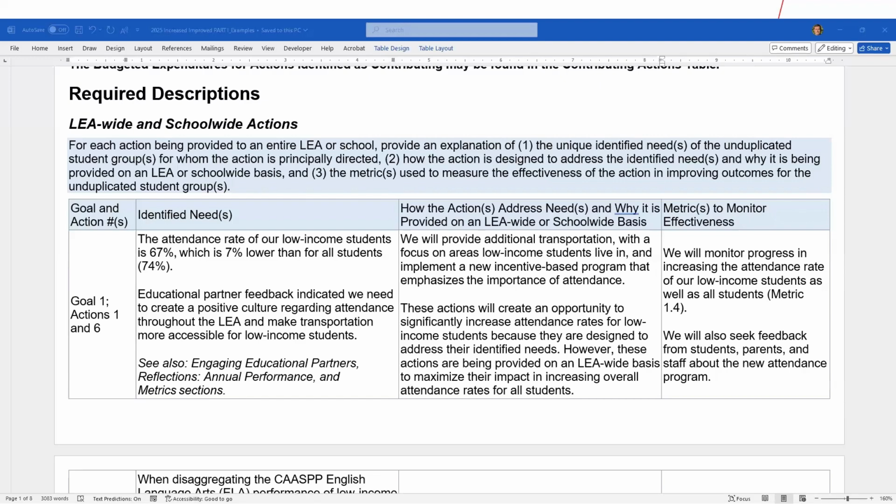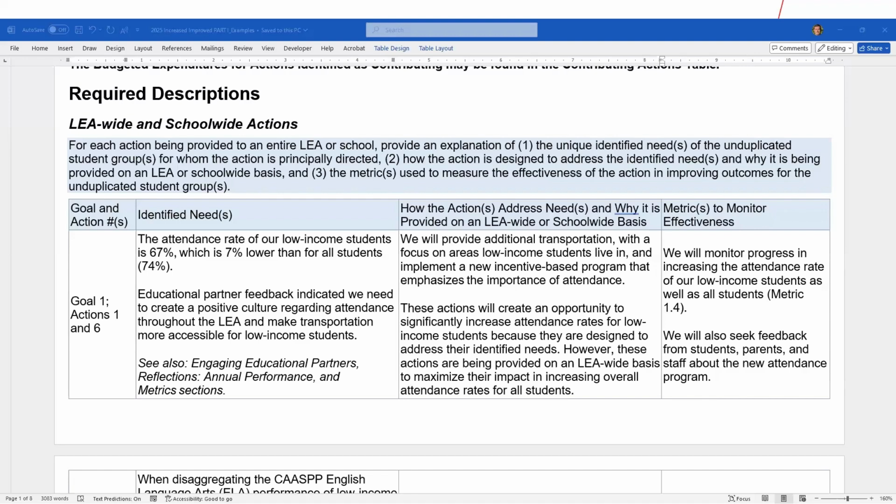So it says, these actions will create an opportunity to significantly increase attendance rates for low-income students. That's who it's principally directed to, because they are designed to address their identified needs. However, these actions are being provided on an LEA-wide basis to maximize their impact in increasing overall attendance rates for all students. As is seen in the identified needs column, low-income students' attendance is lower than all students. But with 74% attendance for all students, there's a little bit of room for improvement there. So it makes sense to bring everybody's attendance culture up and make these actions apply